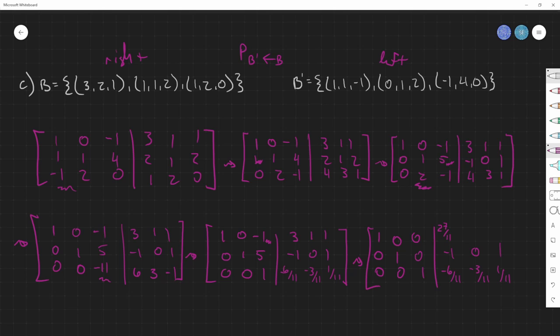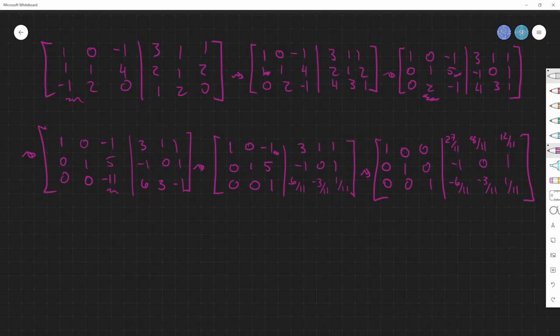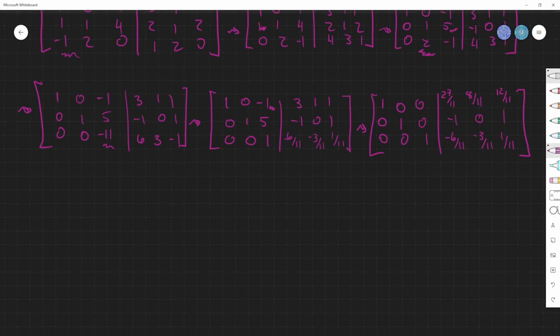Then this would be 1 minus 3, so this would be 11 minus 3, which is 8. 8 over 11. And then we'll have 1 plus 1 over 11, so it's just 12 over 11. Cool. How lovely. Don't like the fractions, but so far they're being nice. So lastly, we just have to get rid of